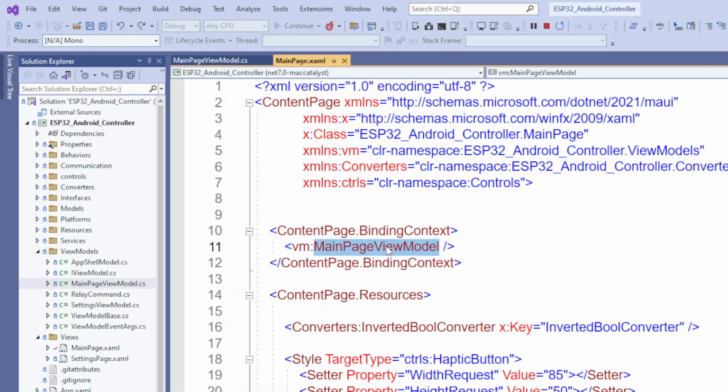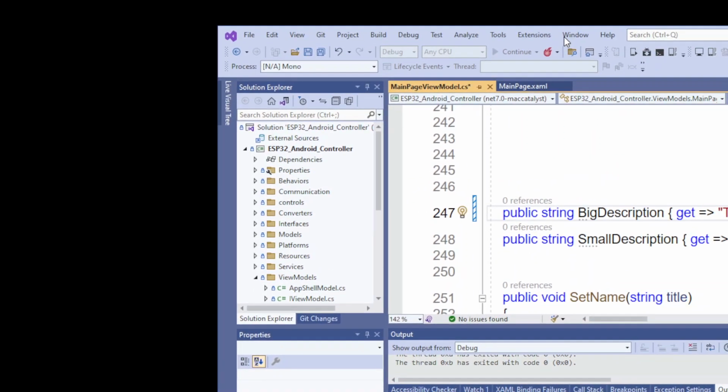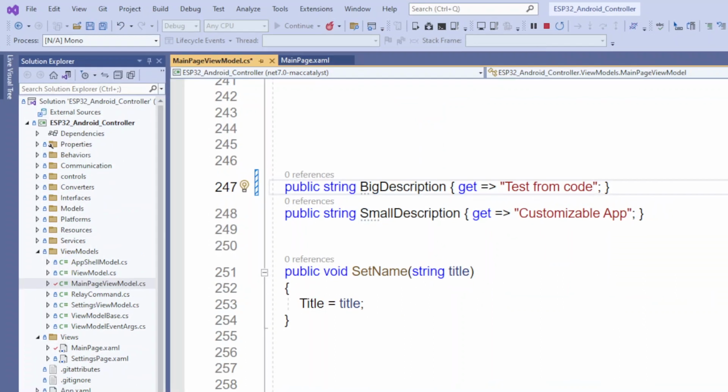So if we change this view model, which you can do at runtime, without changing the name of this, you can change this value to whatever's relevant for the other view model. We can just say this is test from code. And see, now what happens is when I write that in there live like that,